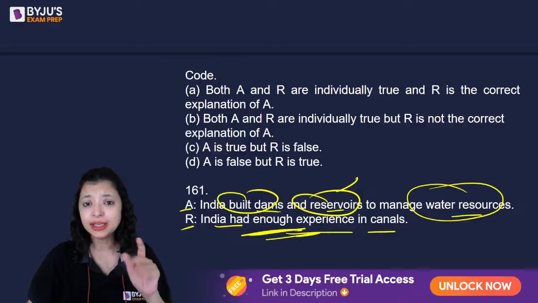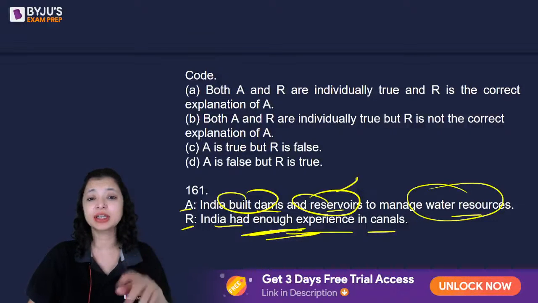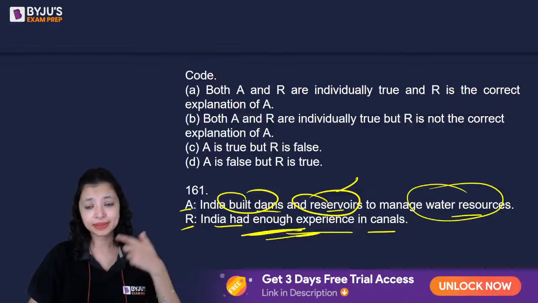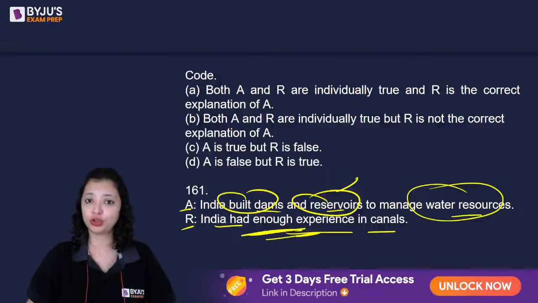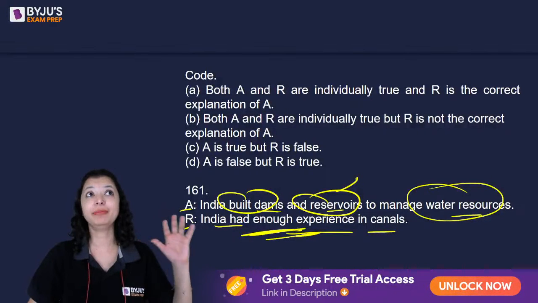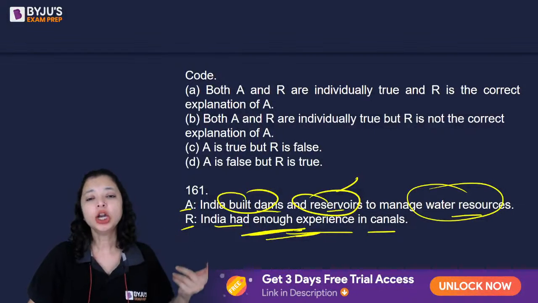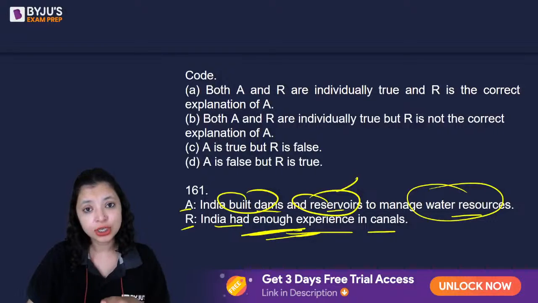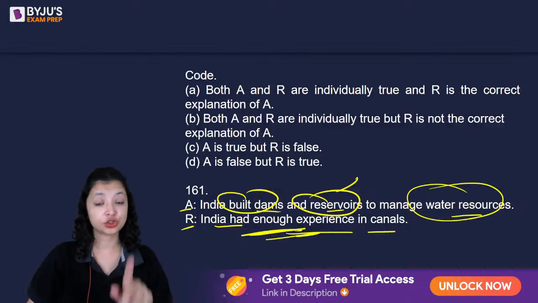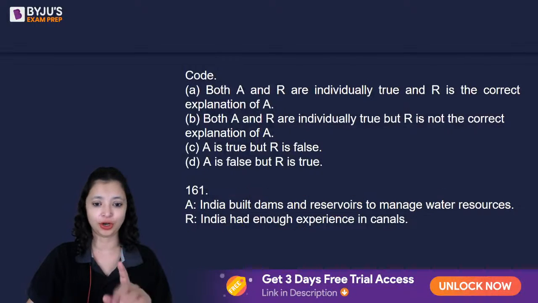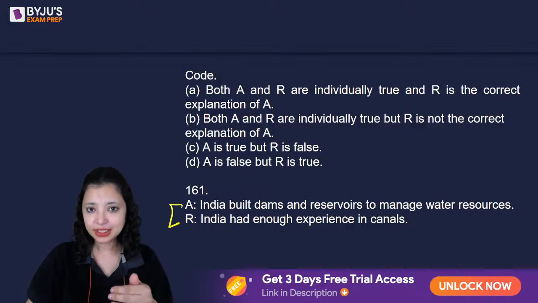So ये एक्चुअली justifiable reason नहीं हो सकता why I would want to build more dams and more reservoirs to manage water resources, because I have built many canals and I'm very happy with the canal system that I have. Not a sufficient reason. So logically you can easily solve this question, but considering the fact that you know if A and R are true or not, in such questions like this one, the 161 जो pointer question है, देखो